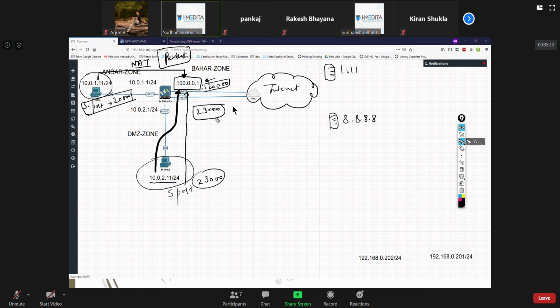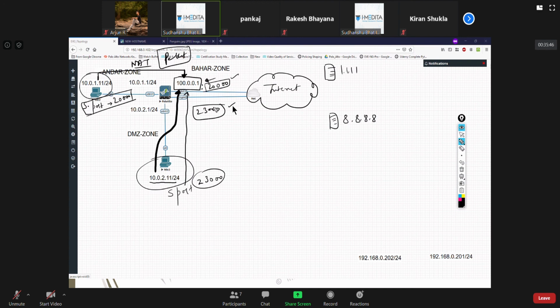Now, why did we not change the port? Because both of them utilized different port numbers. For the outside person, both of these requests originate from this public IP, so they can easily be identified even by this firewall.